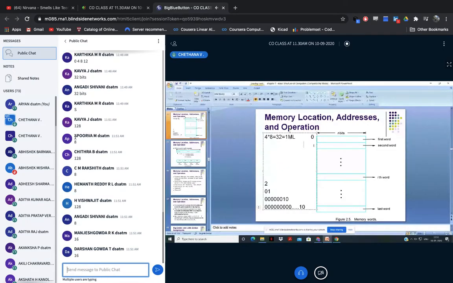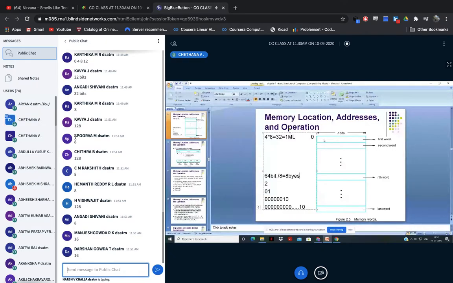See, first of all, you should convert 64 bits into bytes first. Okay, so you know already, whenever it is 64 bits, how to convert that. 64 divided by 8, right? 64 divided by 8 is nothing but 8 bytes. If you do 64 divided by 8, you will get the bytes. So I'm telling you, complete 8 bytes, I'm storing in one memory location.